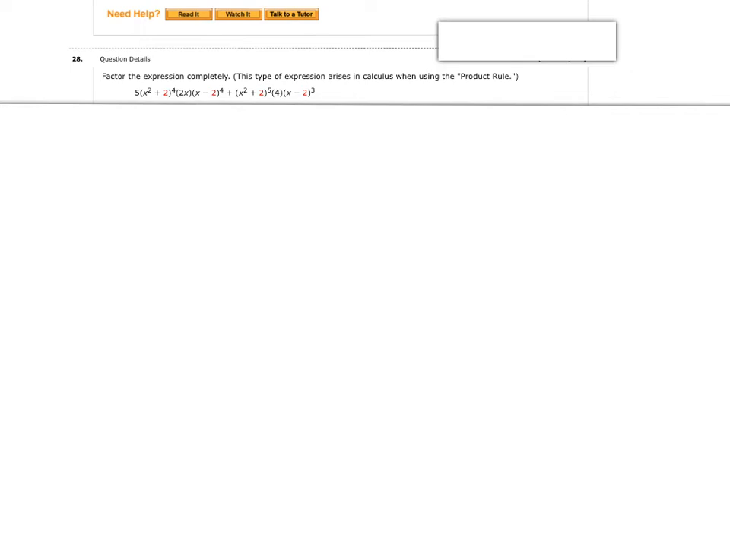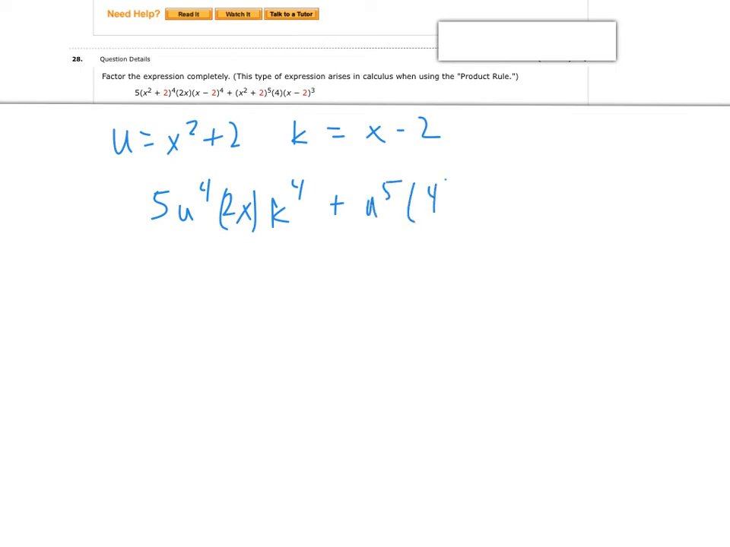We've got a lot going on, and so it looks like I have two weird things in the parentheses here. So I'm going to let u equal x squared plus 2. And I'll go ahead and use k again, and I'll do that for x minus 2. So now I have to rewrite this as 5 times u to the 4th times 2x times k to the 4th, and then plus u to the 5th times 4 times